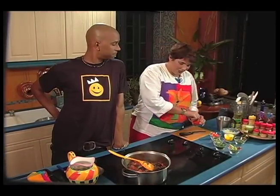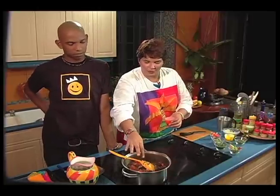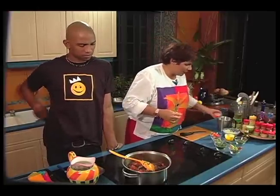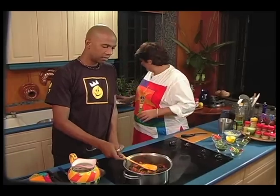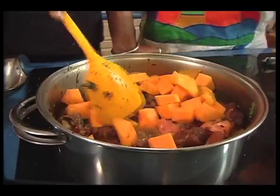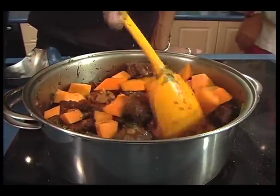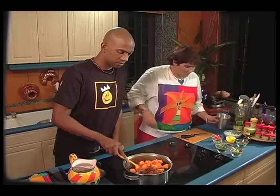So what else do we need to add? What we need now is a little bouillon, a little bit of flavoring. Okay, so this is vegetable stock cubes? Yeah, that's vegetable. One is good. And the pumpkin. That's right, the pumpkin. So some chopped up pumpkin in there, yeah. You think you need a little more coconut milk in there or what? It's not looking...